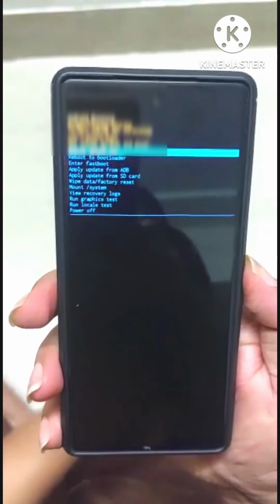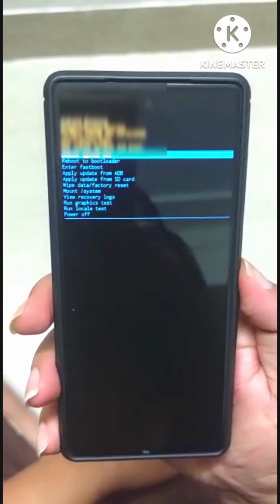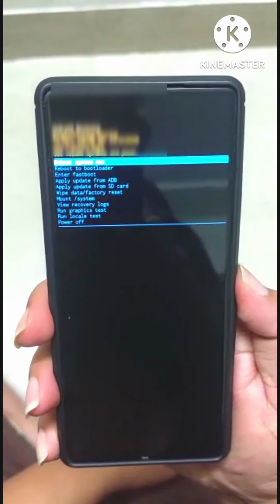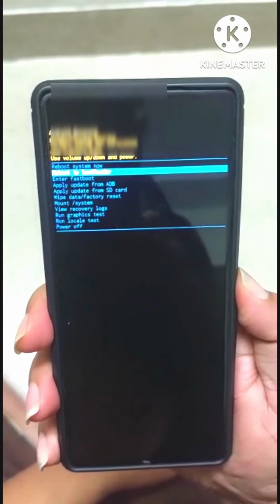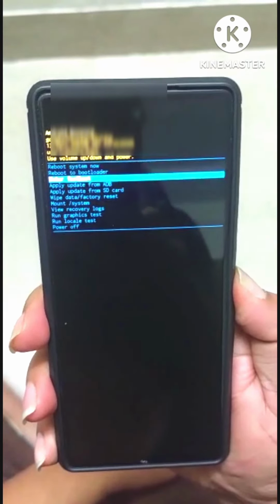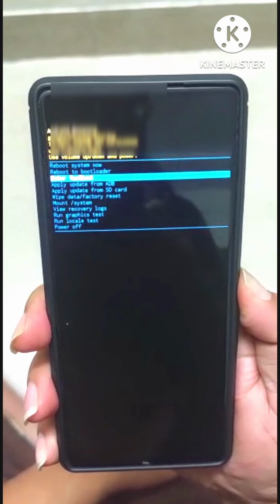Now you have to come down to wipe data and factory reset. So this will completely factory reset your data. So if this resolves your issue,